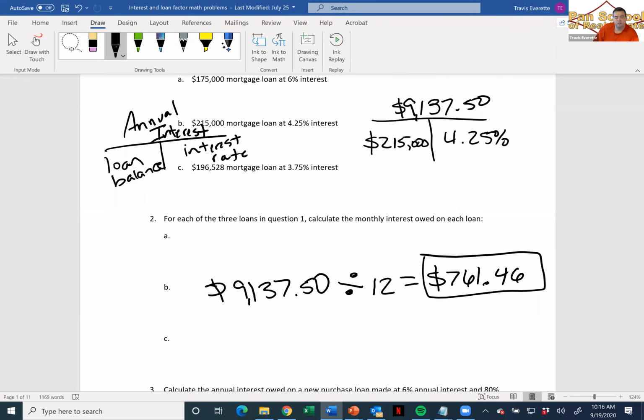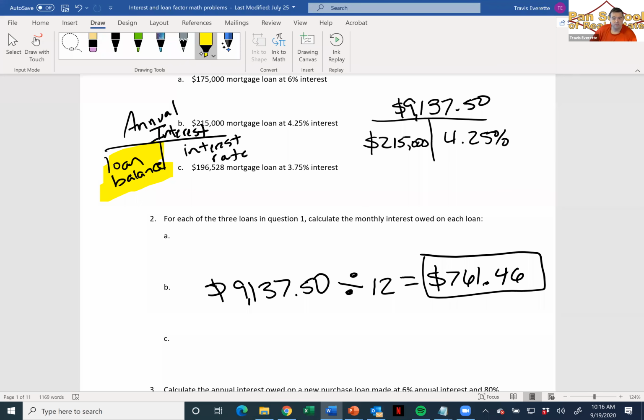Why is the next month going to be different? Because your loan balance is going to change. The loan balance is lower. Yeah, I heard several of you say it. Sharon said it, Charlene said it, and I think a couple of us chimed in. The loan balance is going to go down after each payment. It may only go down a tiny amount, but it does go down. And so if my loan balance is lower, then my annual interest has to be a little bit lower the following month, doesn't it?